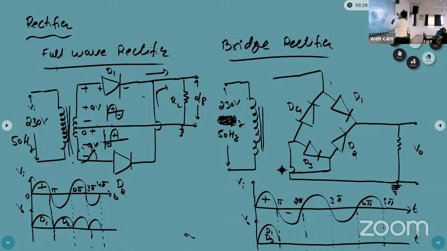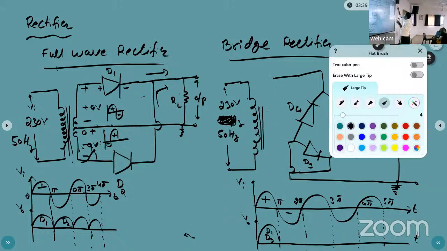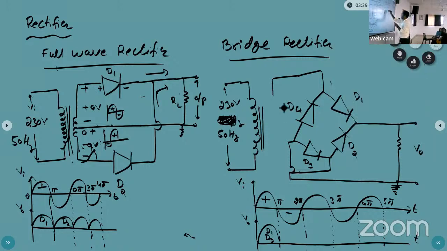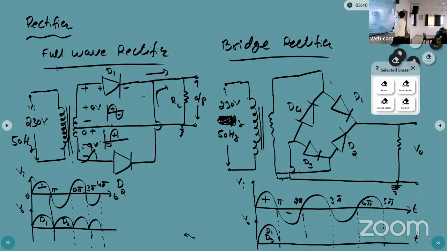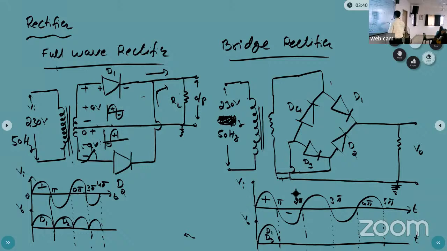Positive here, negative here. Okay. Now during the negative half cycle,